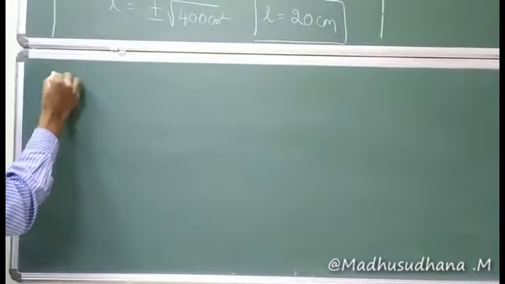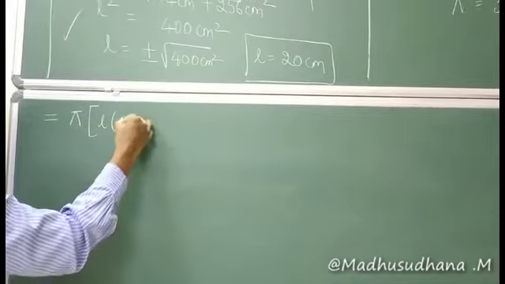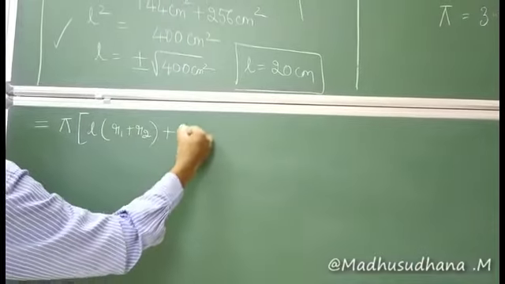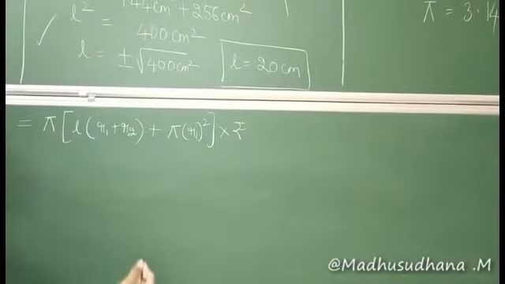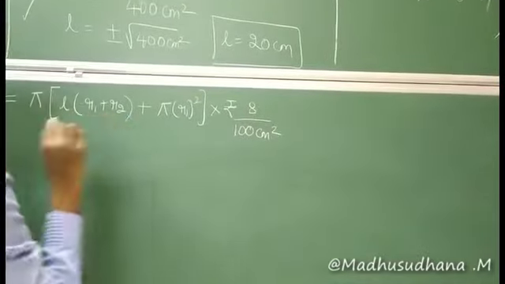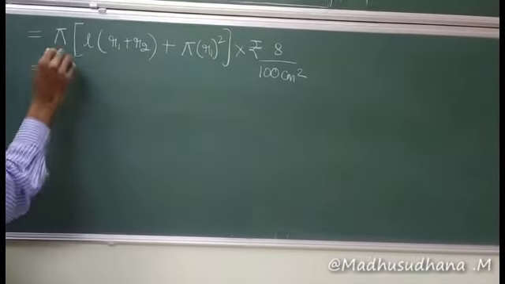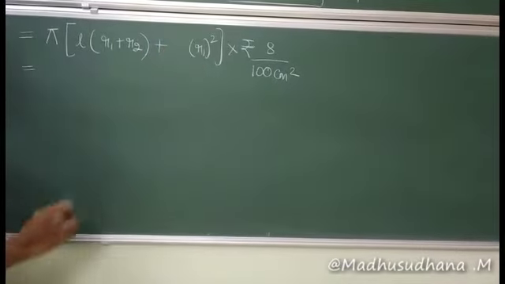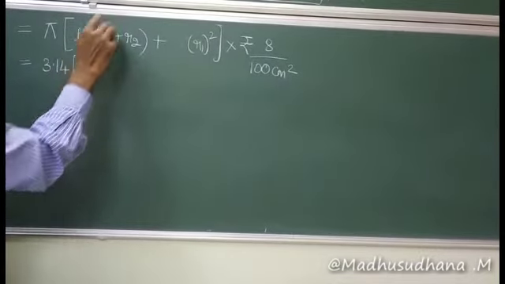So the cost of the metal sheet is equal to here, so we had pi multiplied with what? L multiplied with R1 plus R2, plus pi R1 square, multiplied with rupees 8 by 100 centimeters square. So pi value again, we have noticed it is 3.14, right? So here I have taken pi common in the bracket, so I will have to remove this pi here. Followed it? So this pi is 3.14 multiplied with L, and L is equal to 20 here.